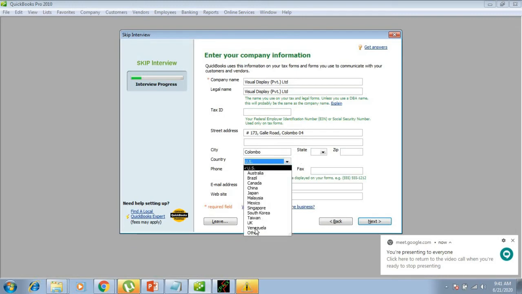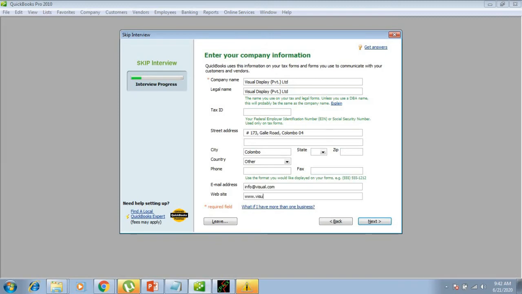In country Sri Lanka is not available, you can select other, and email ID, website, telephone numbers. So the only required field is your company name, other things are additional. And after filling the information, you can click on next.